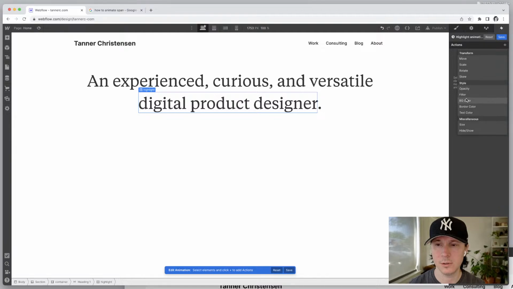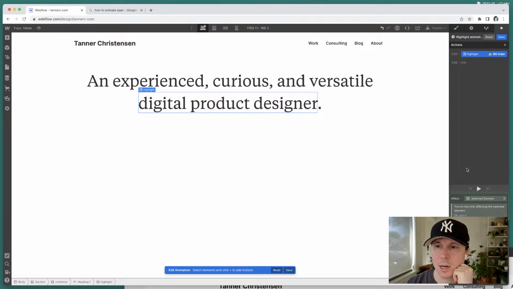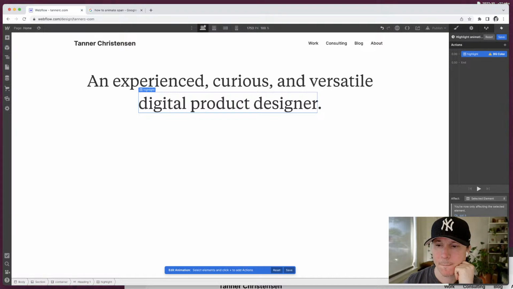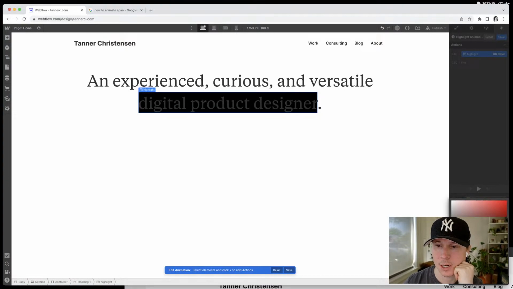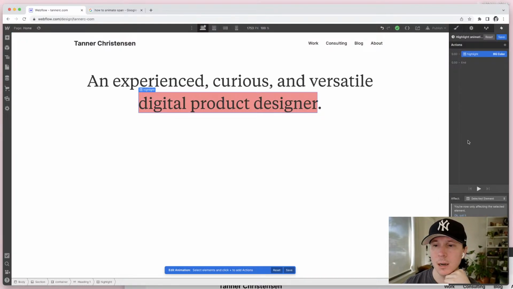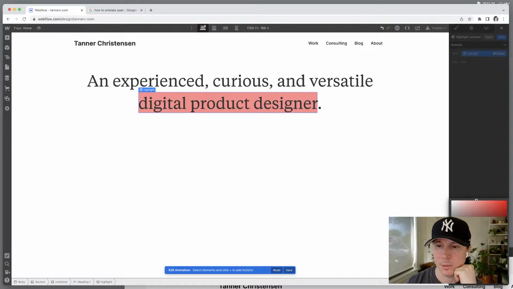I think what I can do is a background color that I can animate. I actually don't know how this is going to work, so let's just try some stuff here. Let's try a nice red. And then what I wanted to do, I want this initial state to be basically,